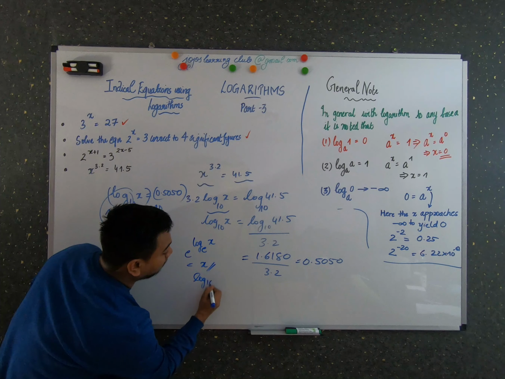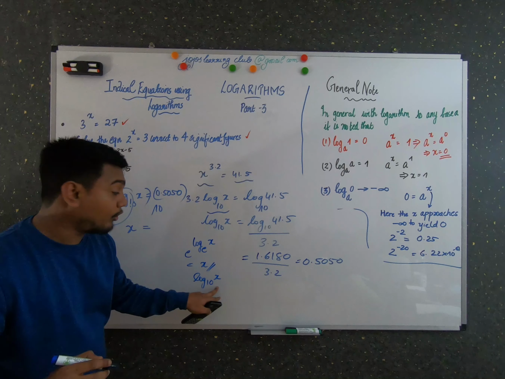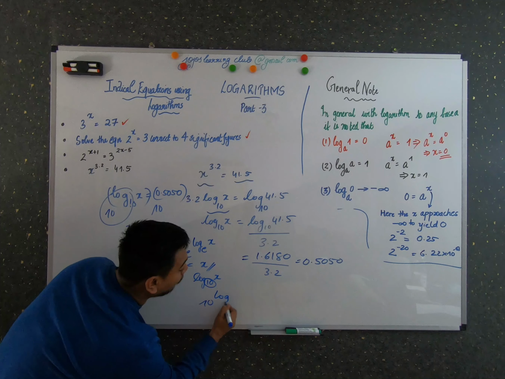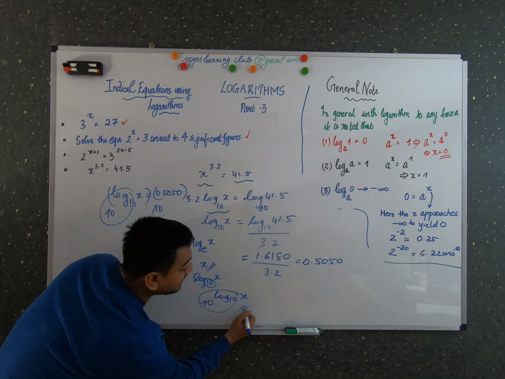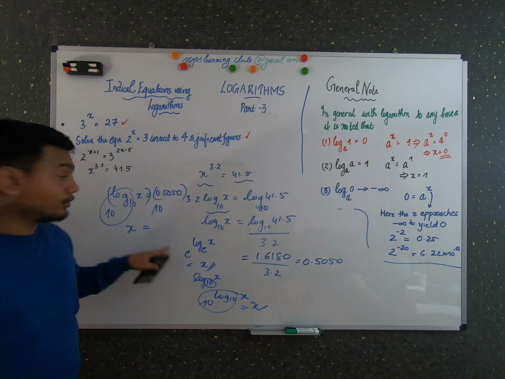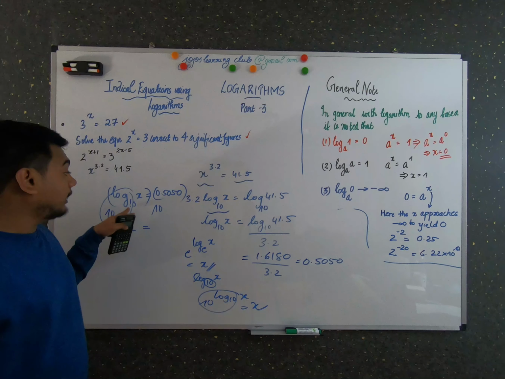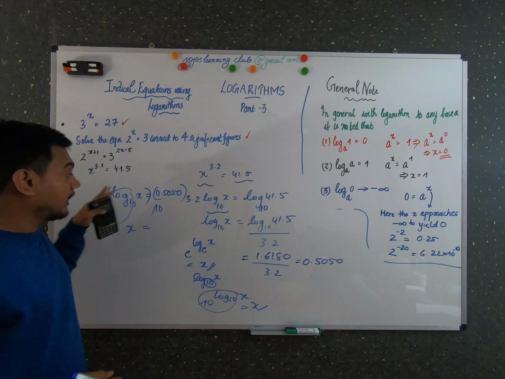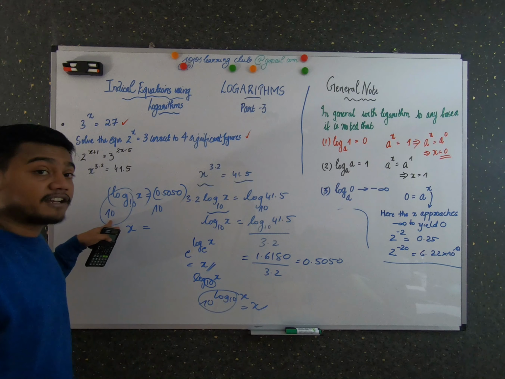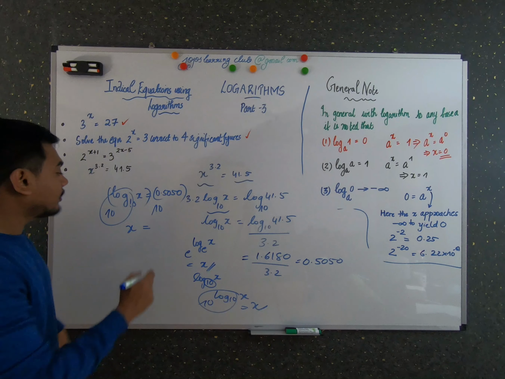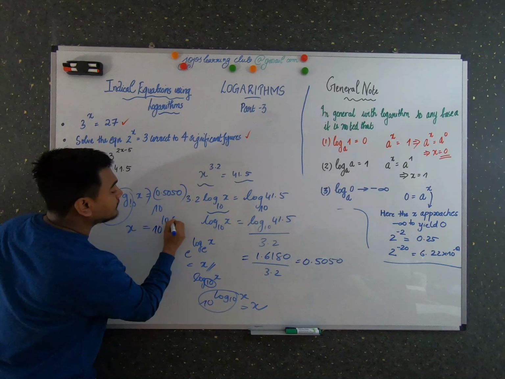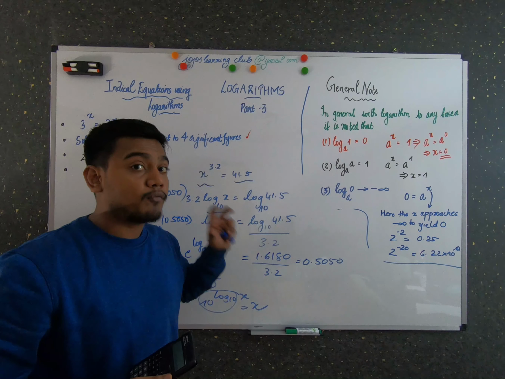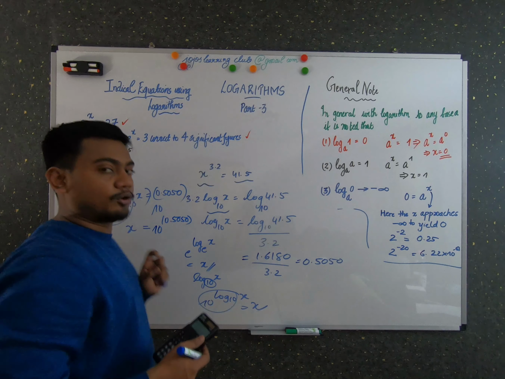Similarly, if log 10 of x, if you want to get only that x, what do you have to do? Here the base is 10. So 10 raised to log 10 of x is same as x. Because here I have taken the log with the base 10, I have raised 10 to that power. If it was e over here, then you have to consider e raised to that power. Okay, so similarly 10 raised to 0.50. Now all these logarithmic expressions are removed from the x, and now it's only x over here, right?